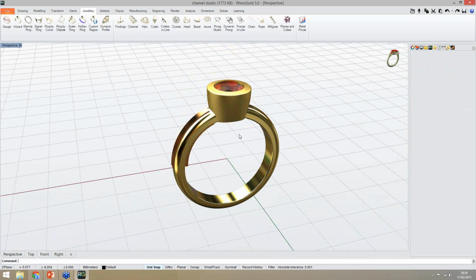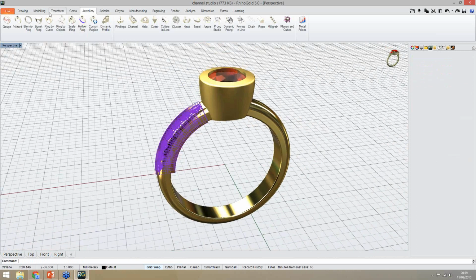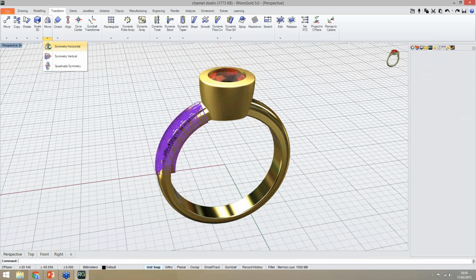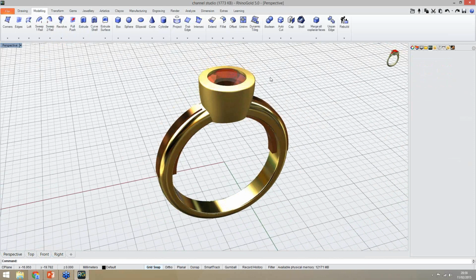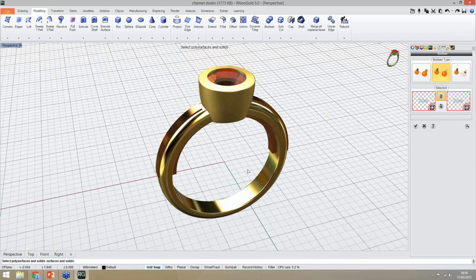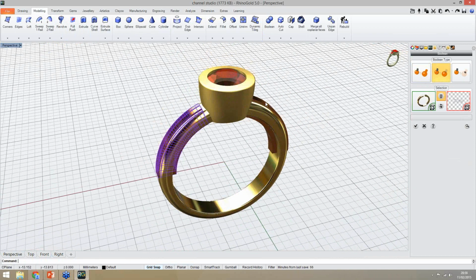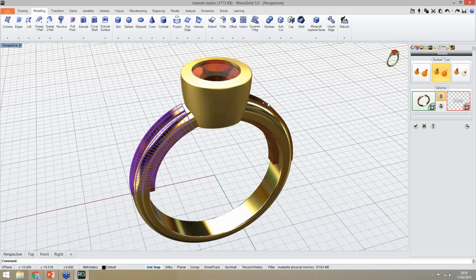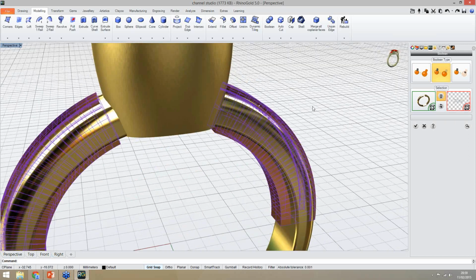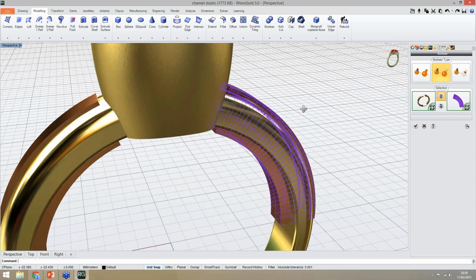After this, I will generate the channel. In this case, let me create the symmetry to apply to the other side of the ring. And now I just need to remove the channel. So I will create a Boolean operation first to select the ring shank, and then in this case the channel. So let me just deselect this one. It's this one, and select the objects to remove,